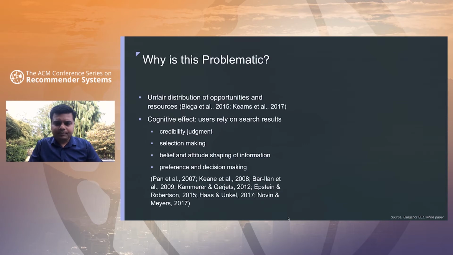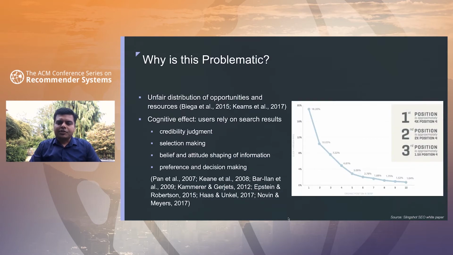And here's a case of a search engine. What we see here on the right is click-through rates on the top 10 results in a search engine. Not surprisingly, the first result gets clicked a lot, but then it dramatically drops to the second, third, and by the time you get to the 10th result, it's barely 1%. Most people are not even going to the second page, third page. They would run a new query, they would try a different thing, but they repeat this pattern. And what it means is